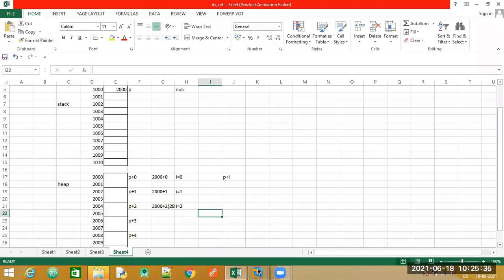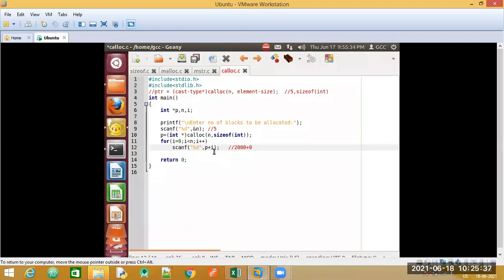We will just have to specify here P plus I; into 2 is automatically understood by the machine. Did you follow this? Why only P plus I? Yes, ma'am. We have accepted the elements, now let us just print all those 5 elements that we have taken.